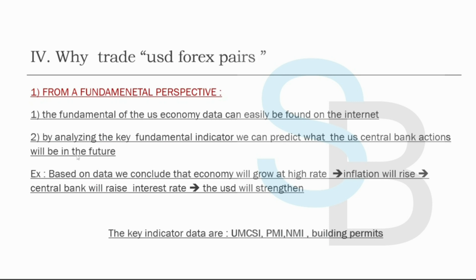By analyzing the key fundamental indicators, we can predict the US central bank's actions and what they will be doing in the future. Are they going to raise interest rates, leave the interest rate at the same level, or decrease it? For example, based on the economic data, we conclude the economy will grow at a high rate, which means that inflation will rise. To counter the high inflation probability, the central bank will raise interest rates. By raising the interest rate, the US dollar will strengthen,